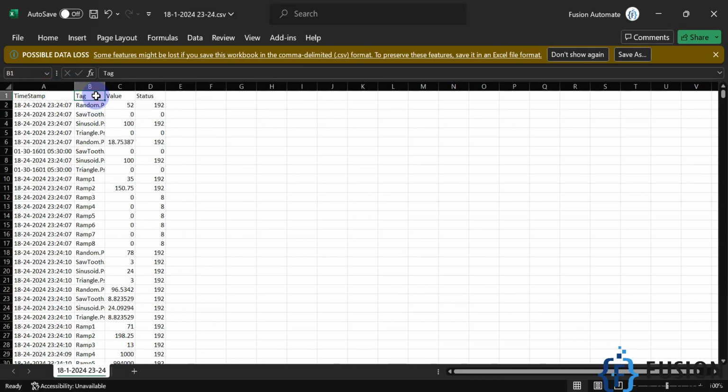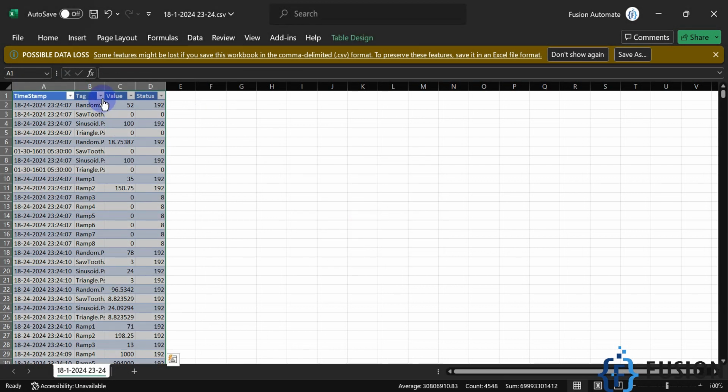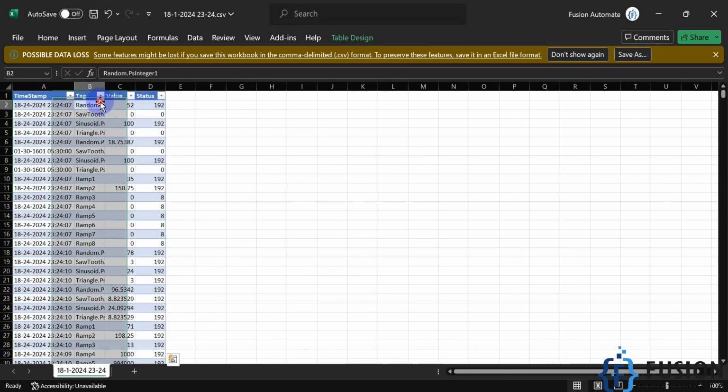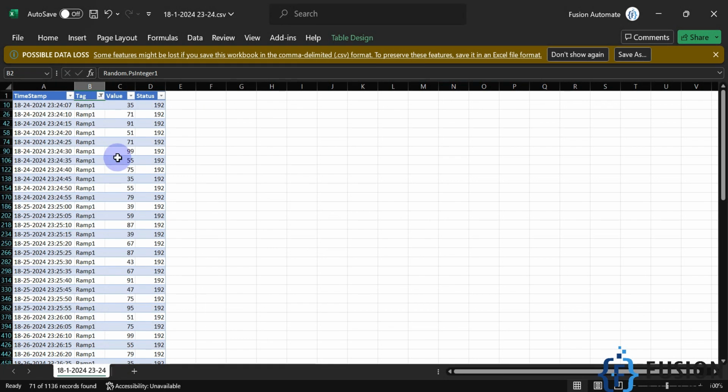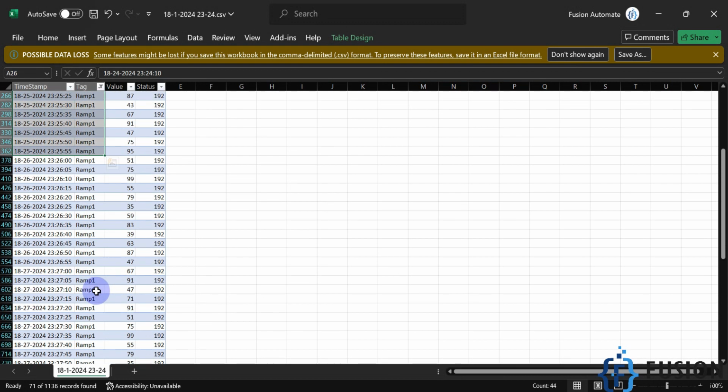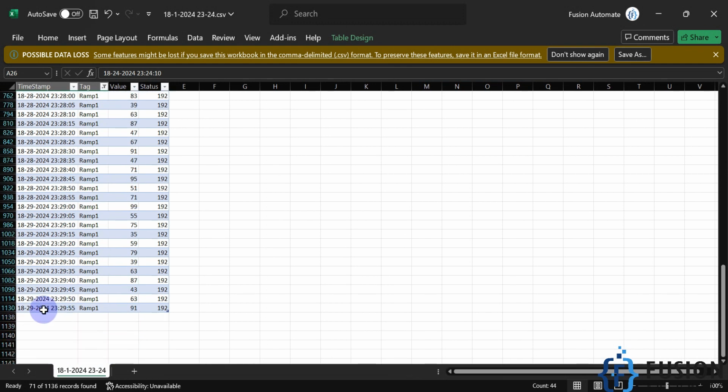Okay, now we can open the previous file and see the data. So let me press Control L. You can select any tag from here. Let me select the ramp one, which I have read from the cap server. You can see at every 5 seconds we have a data log here, at every 5 seconds we have data till